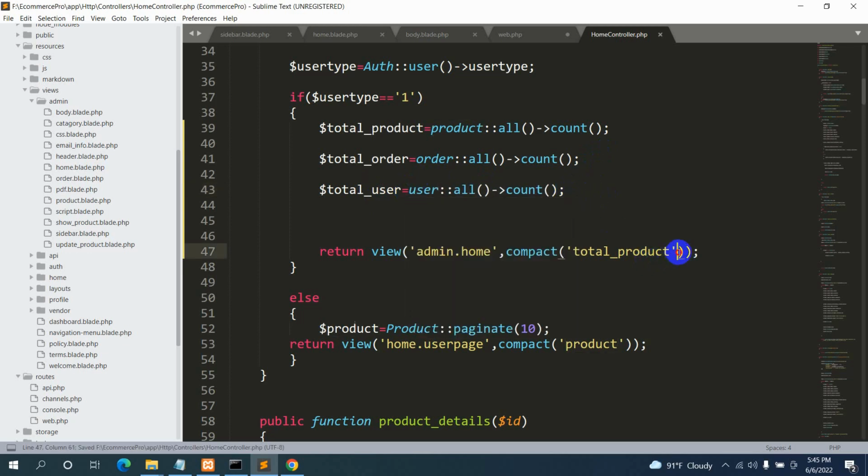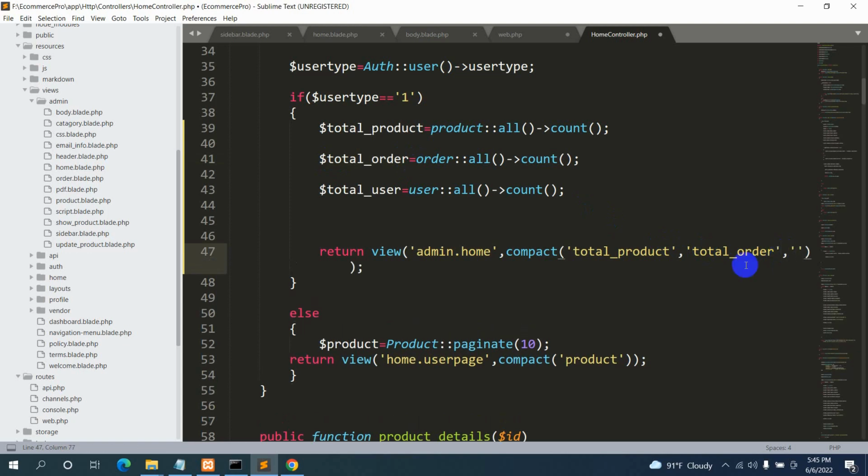So save it, and then inside this compact we also need to send those as well. So let's give a comma, keep 2 single quotation marks, and here we are going to say total order, then we'll give an equal sign, comma, and again 2 single quotation marks, and here we'll say total user. Control C, then Control V. Save it, then we'll go to our